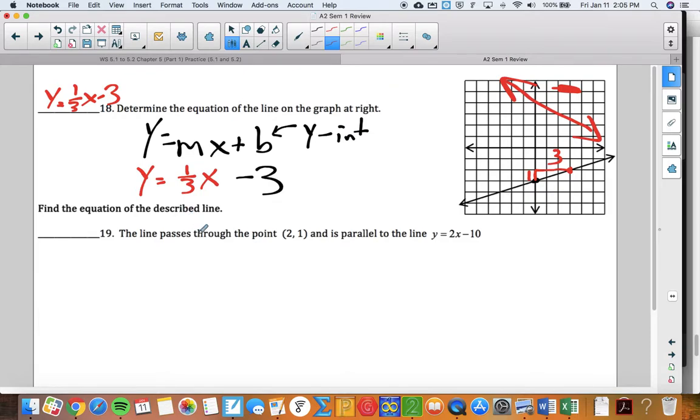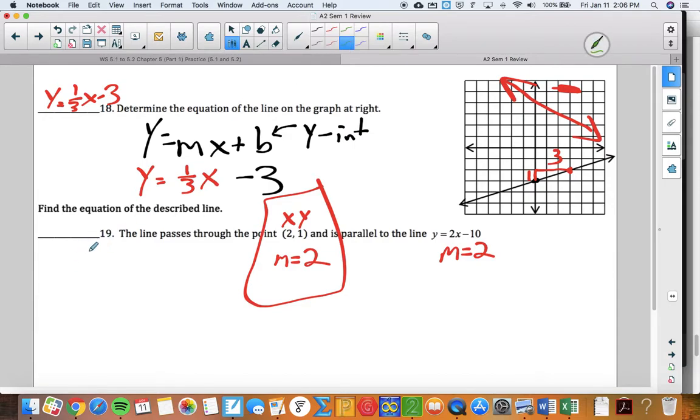Find the equation of the line described. A line that passes through this point, that's an x and a y, and is parallel to this line. This line has a slope of 2, and parallel lines have the same slope. So using this information, which is the information describing your new line, you can use this coordinate pair, the x y, and the slope to calculate the y-intercept. Because we know the slope of our new line, but we don't know the y-intercept. And no, we would be foolish to think that our y-intercept would be the exact same as the other line